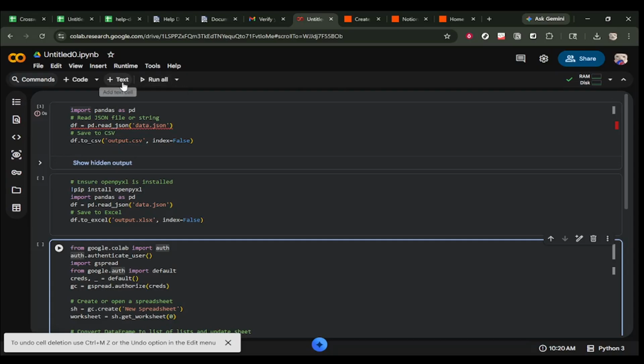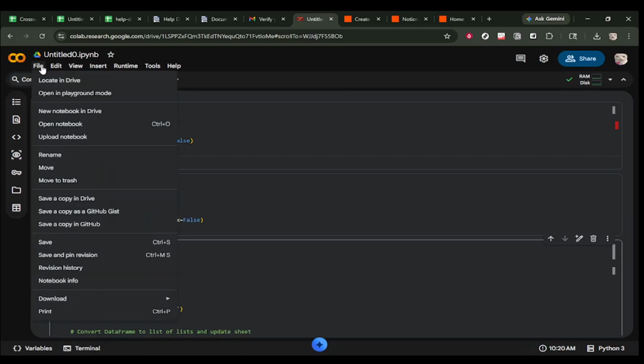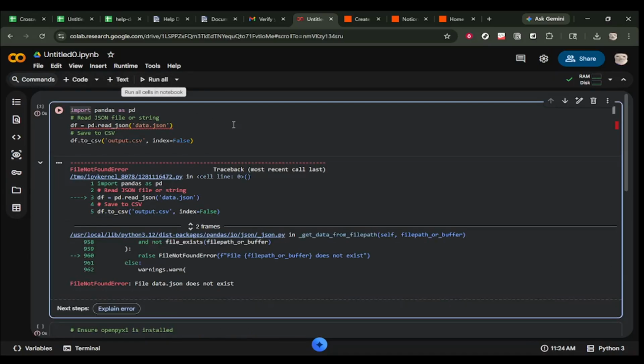Once your DataFrame is ready, export it to CSV by saving it with Pandas to a CSV file. Use index set to false, so you do not add an extra index column to your file. Then export the same DataFrame to Excel by saving it to an XLSX file, again keeping the index out for